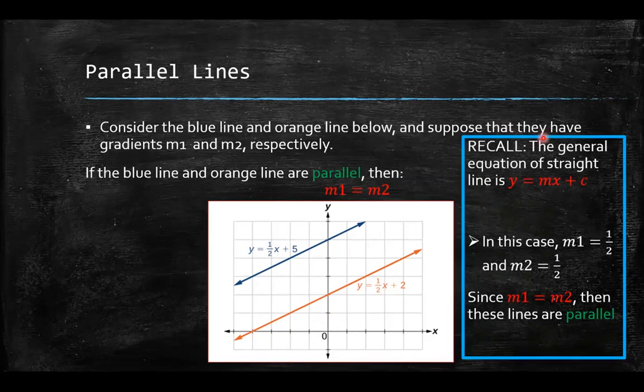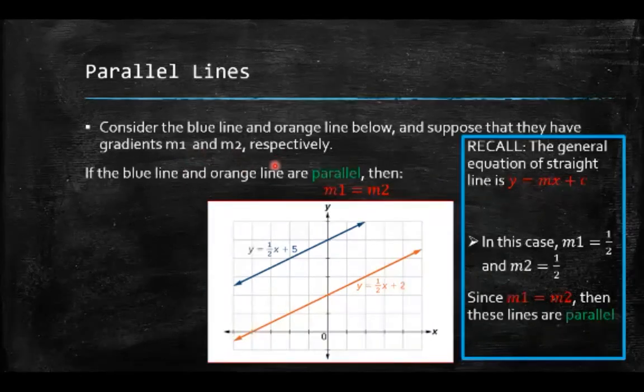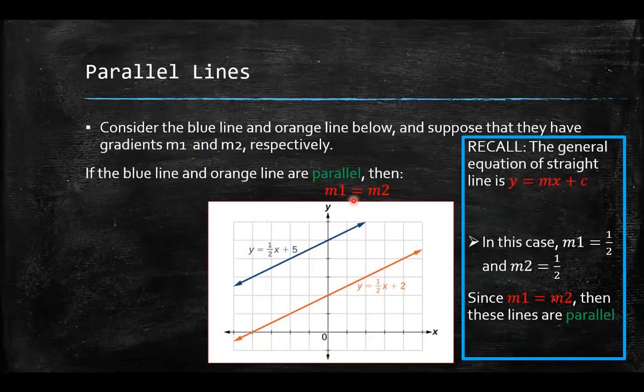Suppose that they have gradients m1 and m2 respectively. The gradient for the blue line is m1, and the gradient for the orange line is m2. Parallel lines have the same gradient. So if the blue line and the orange line are parallel, that means that their gradients are equal. So m1 equals m2. In this case,